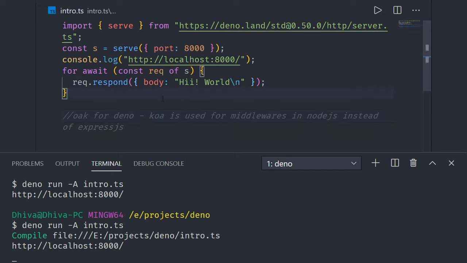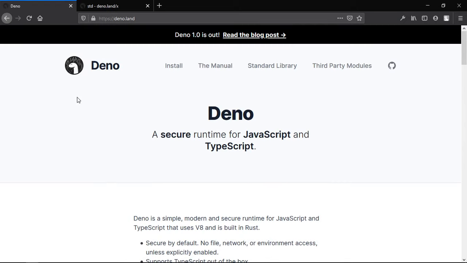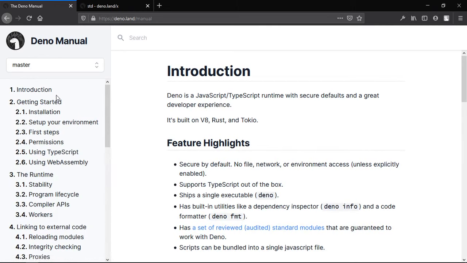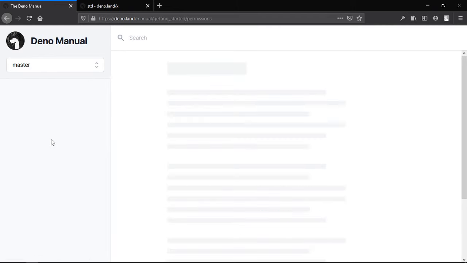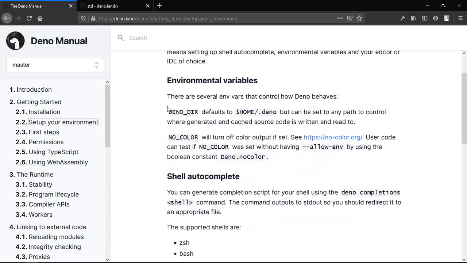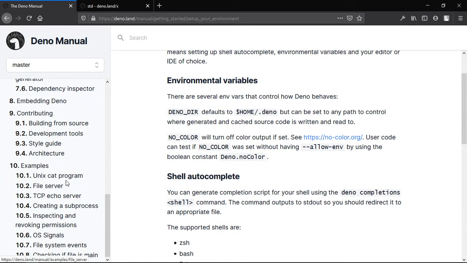and that's it for the starting guide of Deno, guys. And if you want to learn things, then go to the official documentation, and they have improved a lot. You can see they produced a manual, so you can learn things from installation and giving permissions. If you have any installation error problem, then you need to set the environment variables. But I have not seen any error during installation or after it. And there are a lot of examples. Yeah,